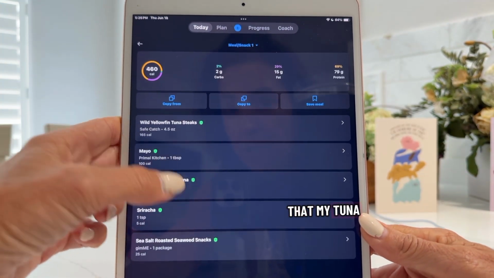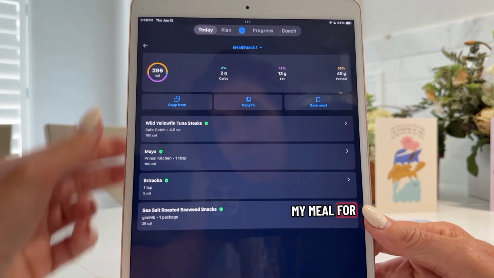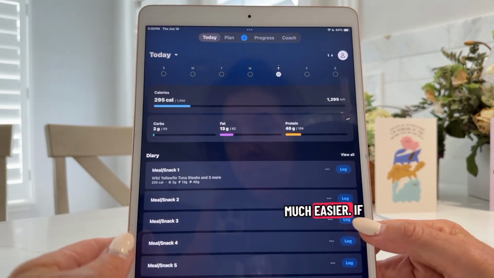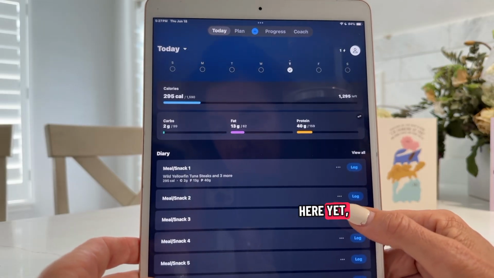So you'll see that my tuna is added twice. I'll delete it because I manually added it. So there is my meal for the day. Much easier. If you want to add a meal and you haven't saved your meal here yet, all you do